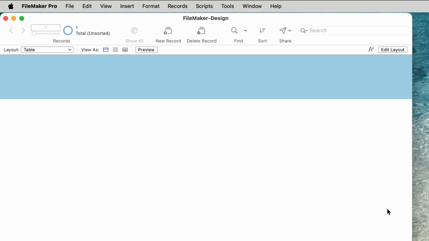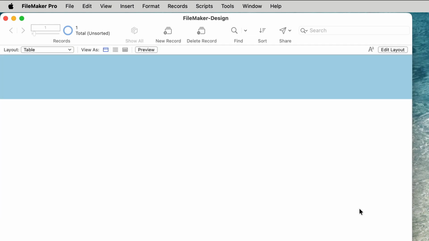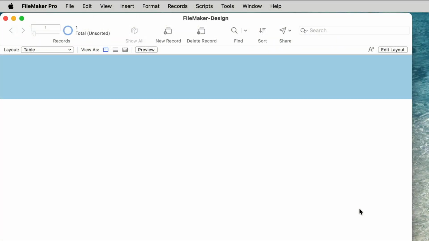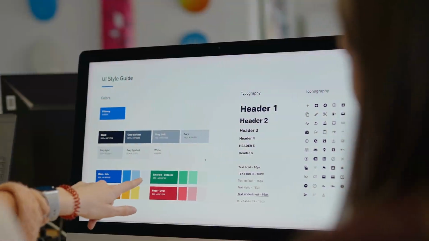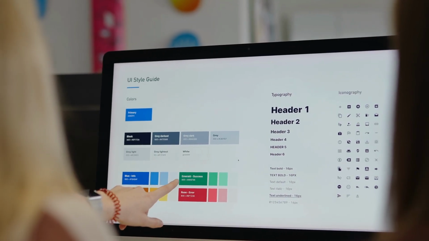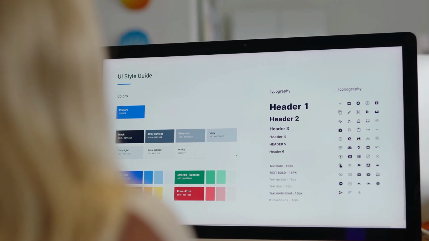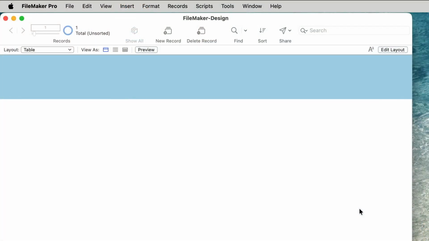So what you do is to consider design as something you want to be able to repeat. Now, there are two things which help in creating a repeatable design. One is the grid in the background, and we'll get to that just in a second. And the second is the themes or style sheets, which help you to repeat certain visual patterns. And so these two, the grid and the style sheets, are the two biggest helps you can get in FileMaker.